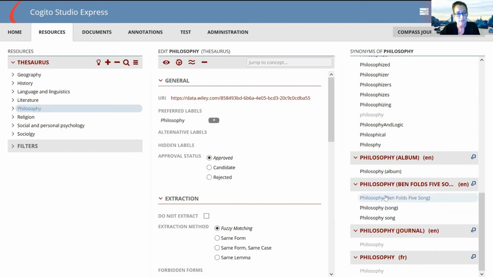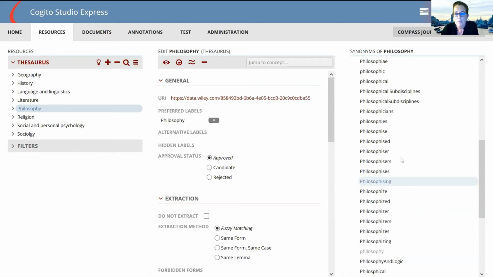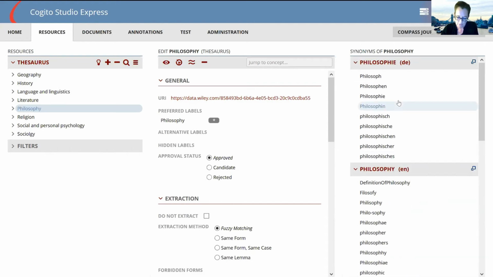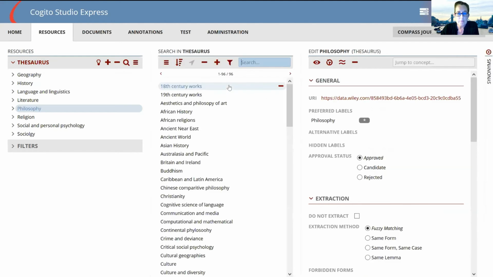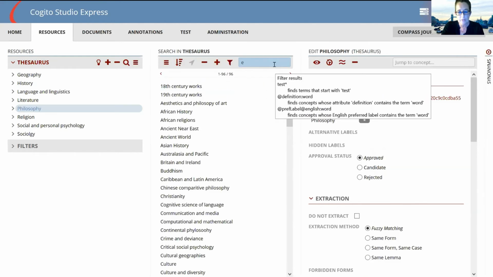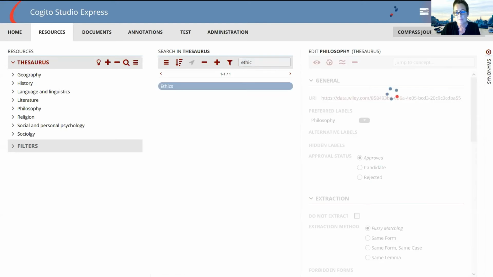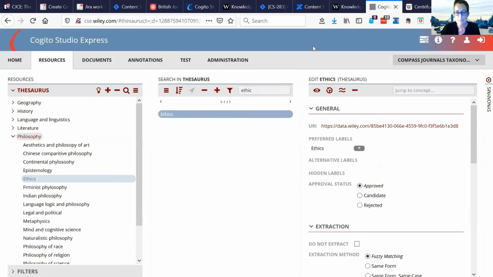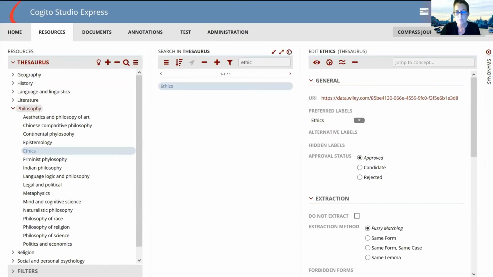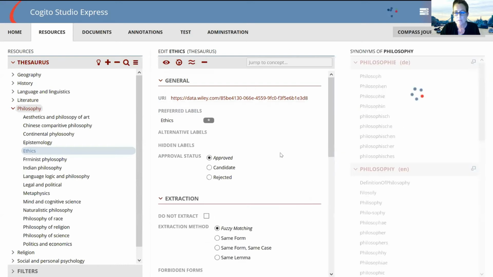So you've got these different possibilities of synonyms that you might want to add. There was another one, ethics, I think it was. So I'll just find that term. So this one